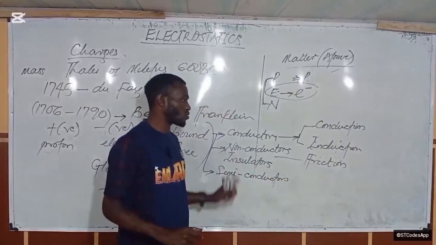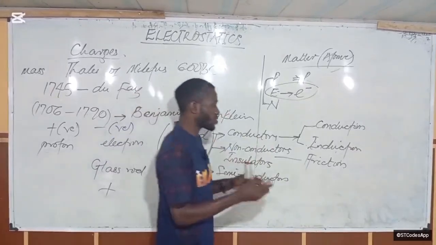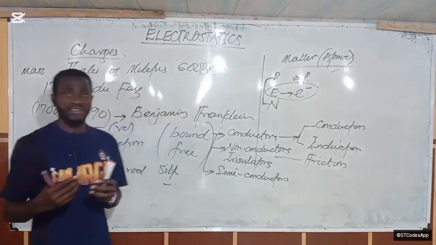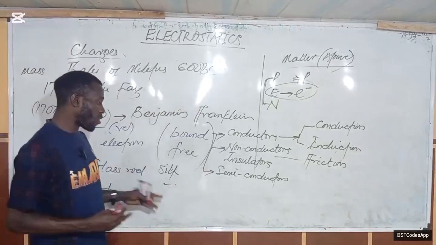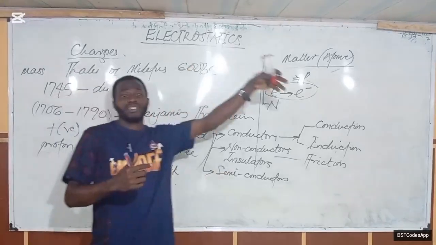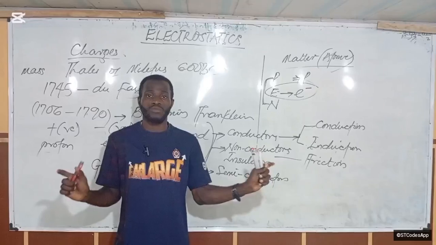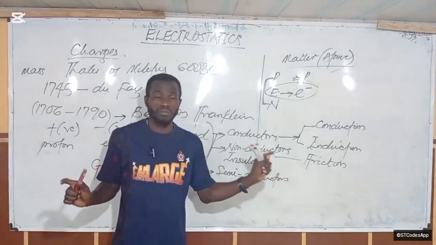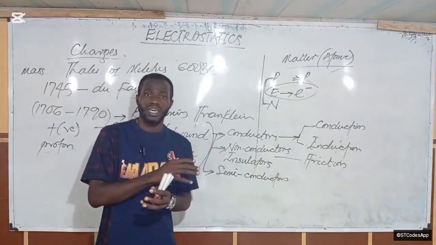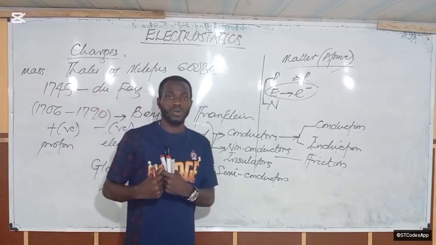So how do we charge non-conductors by friction? It's simply by rubbing against each other, right? So we say friction or rubbing. After rubbing, some electrons on the one that has more free electrons are going to move onto the other, and that one will have more negative charge than it had initially. Remember, before charging, they had an equal number of positive and negative charges, which made them neutral. So by the time they get rubbed, one will get excess electrons, the other will have a low number of electrons, and they become charged.